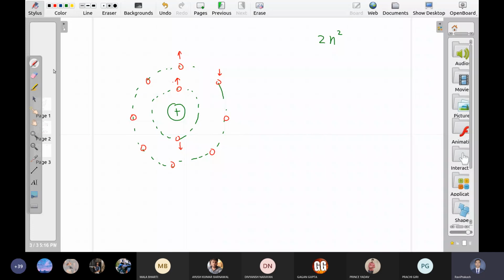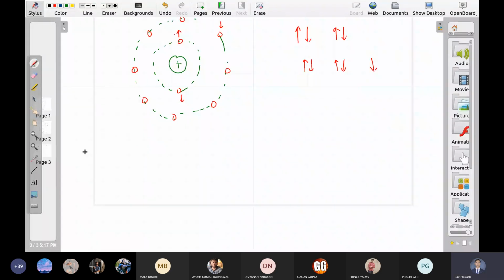And if we have a partially filled orbit, let us say we have 4 electrons. So one electron will be spin up, second will be spin down, third will be spin up, fourth will be spin down. Let us say we have 5 electrons. Then we have a situation like this or this. Means one of the electrons will be spinning either up or down. So if we have a situation like this, all the electrons are paired.